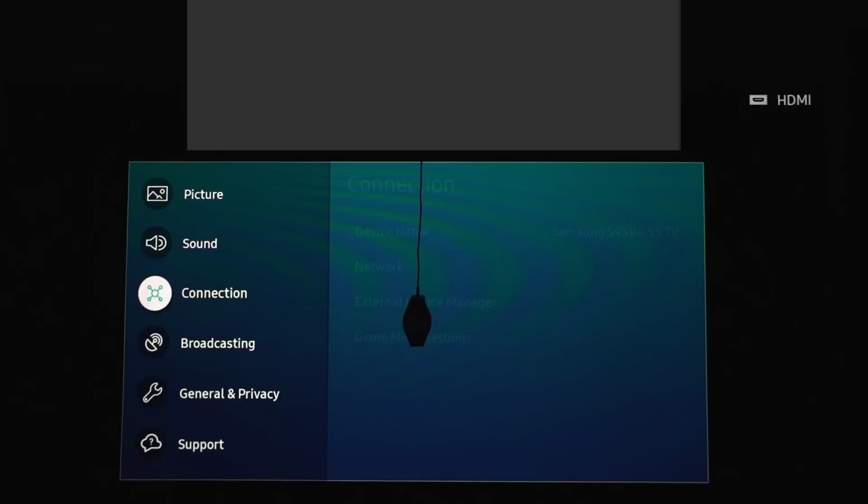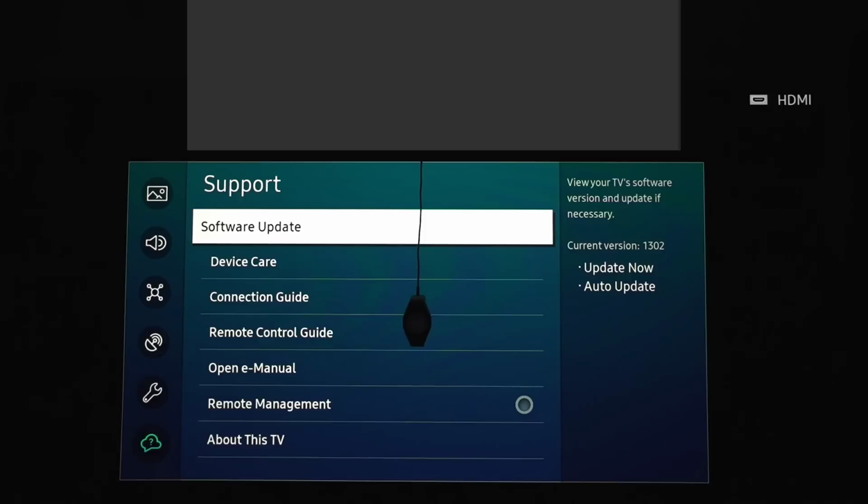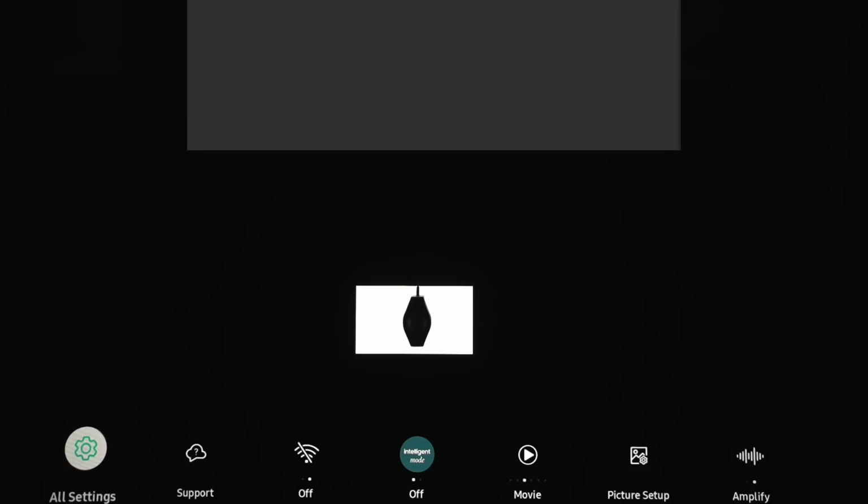Okay, so today I have some bad news. The Samsung S95B has been neutered. It happened on firmware 13.02, and again, I'll open up my picture menu to show you that I am on firmware 13.02. You guys can see all that for yourselves, okay? 13.02. What happened on firmware 13.02 is that we saw a massive reduction in peak brightness of over 1,000